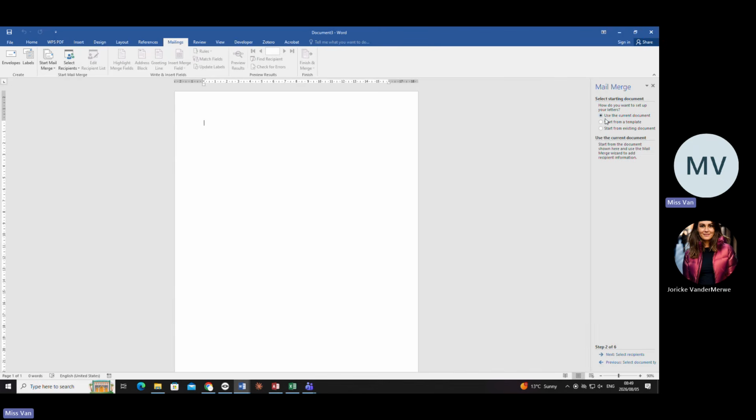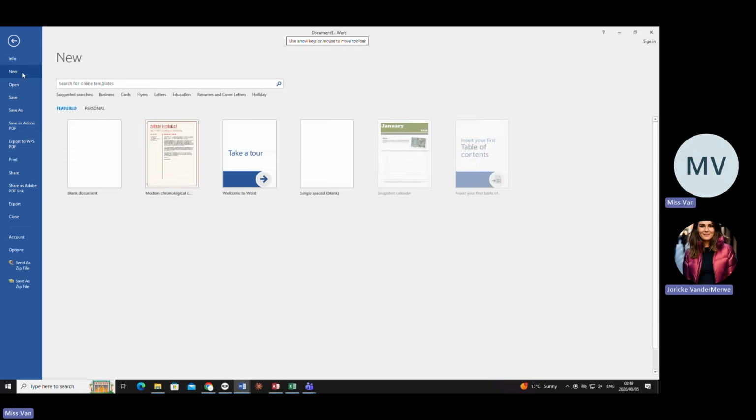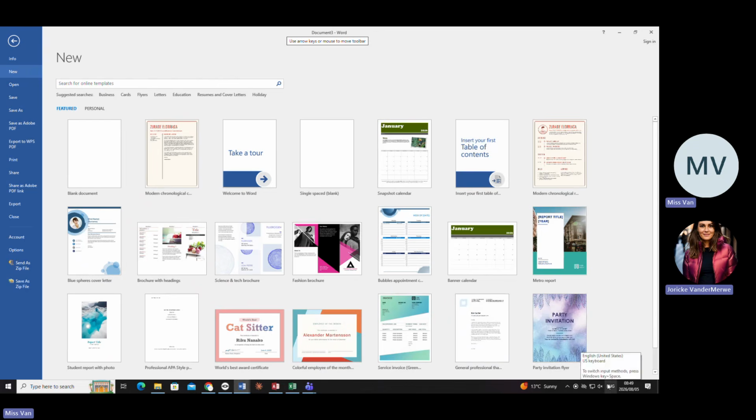Now, there are two options that we can use. We can either use the current document, or a document that was already used, let's say, as a template. Let's say your examiner or your boss that you are going to work for one day, or you're going to be the CEO of your own company, you already have, let's say, a letter template.